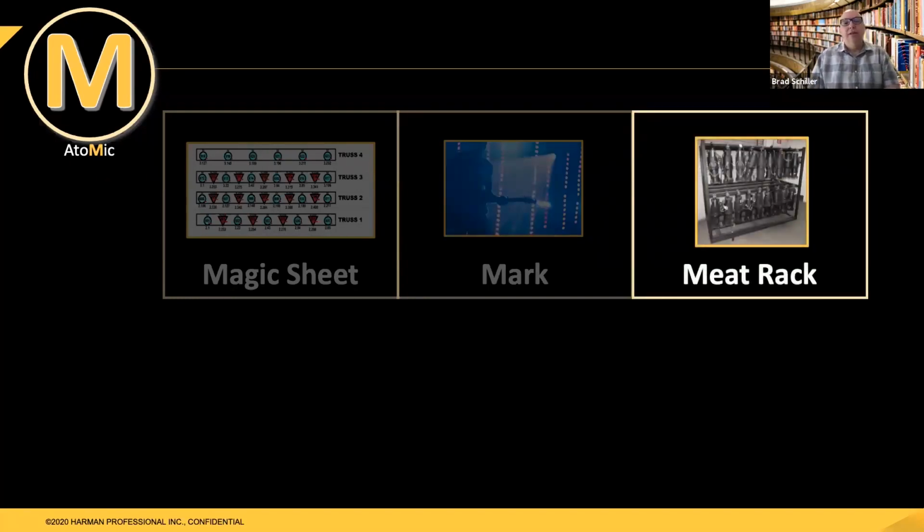Meat rack sounds like something you'd find at a barbecue restaurant, and maybe you do, but typically this is a heavy-duty wheeled rack with inbuilt supports for bars that helps with transporting large numbers of fixtures or even pre-rigged lights. So a meat rack, as you see here, is something that can have lots and lots of ellipsoidals on it, or lots of pars, or maybe even lots of moving lights. And this is a great way to move them around a shop and onto a truck, and then back out into a venue. Meat racks are very useful.